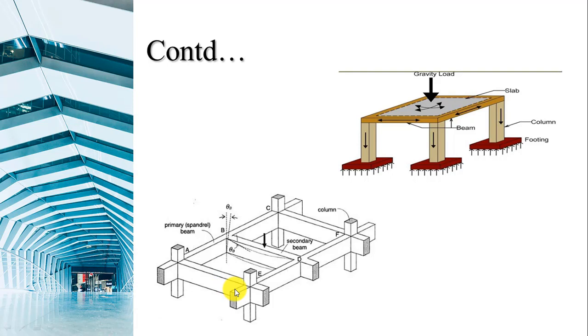So these are called the primary beams, whereas the beam BD, which is resting on this primary beam, is called the secondary beam. Here you will get the clear difference between the primary beam and the secondary beams. Primary beams are the beams which are spanning in between the adjacent columns. And secondary beams are the beams which are spanning between the primary beams, or the beams which are provided above the primary beams. So in this diagram, the beam BD is called the secondary beam. And as all these beams are provided at the floor levels, those are called floor beams.